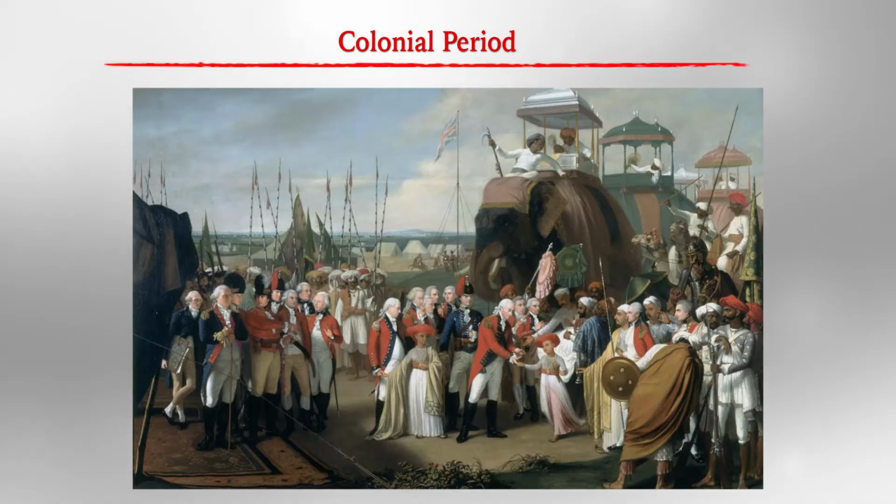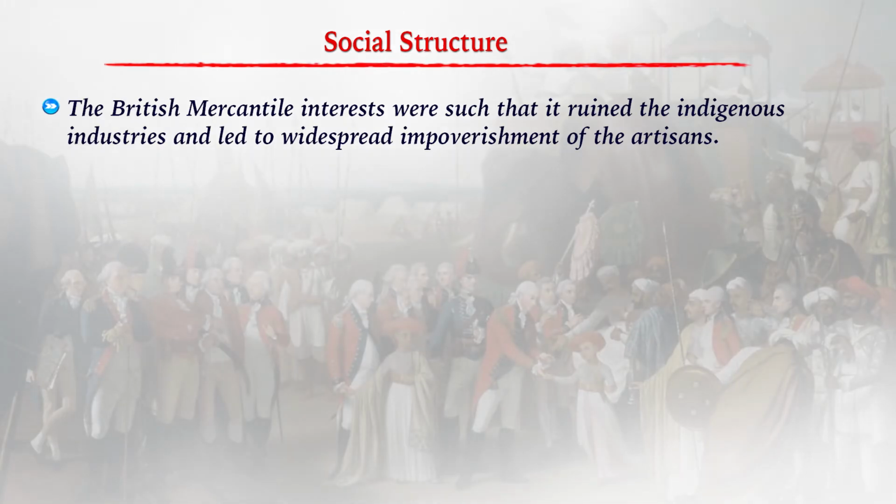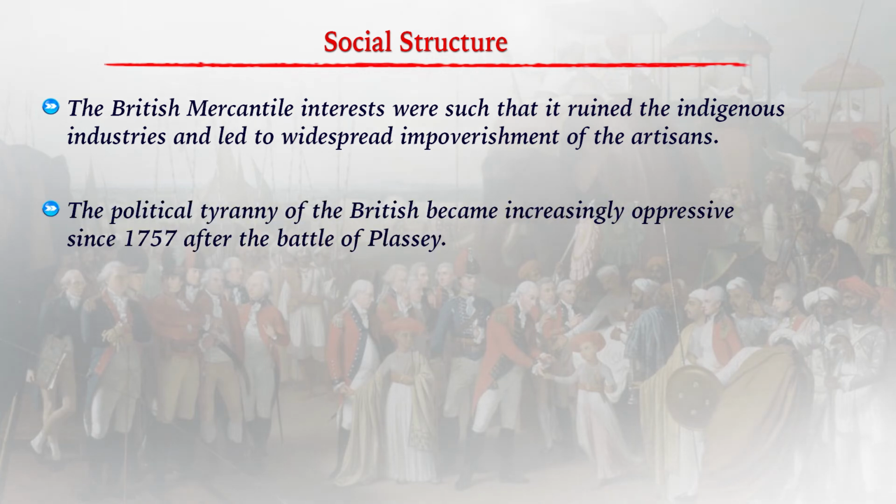So, we have studied that there were a number of changes that took place in the social structure with the invasion of the Turks and the Mughals, and it led to the growth of rapid vertical social mobility. After the Mughal period, the next important period is the colonial period, and we know that the British East India Company had emerged very powerful from the death of Aurangzeb in 1706 to 1818, when the Maratha power was crushed. The British supremacy was recognized all over the subcontinent.